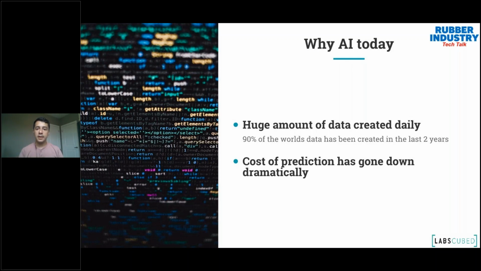But today, all that data is being digitized through our phones, through our laptops. You guys all create Excel sheets all the time. And so I think a lot of data, because it's really important to AI, is being created. The second thing is the cost of prediction has gone down. Every time you have to crunch through data, there's a cost to that. It used to be that you'd need to use supercomputers to do it, but today your phone does it, your laptop does it. So you put those two things together, lots of data, and it's really cheap to do stuff with it, and you get a whole bunch of AI in all parts of our lives.